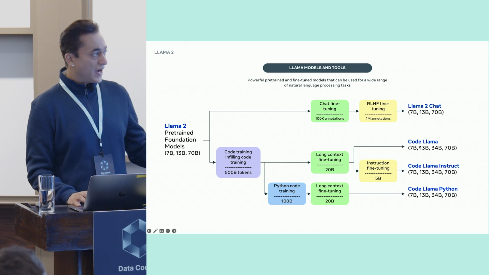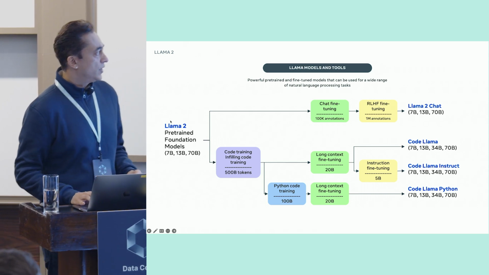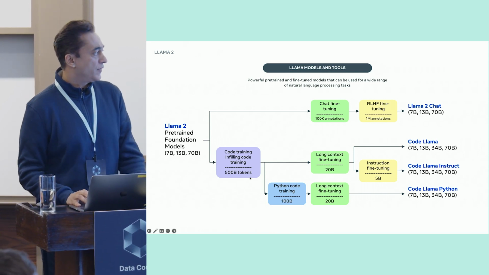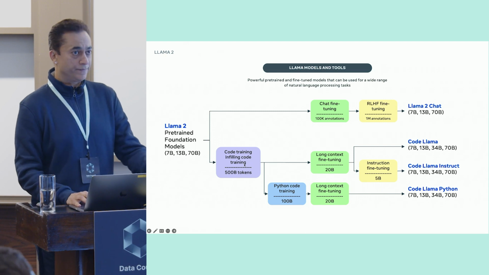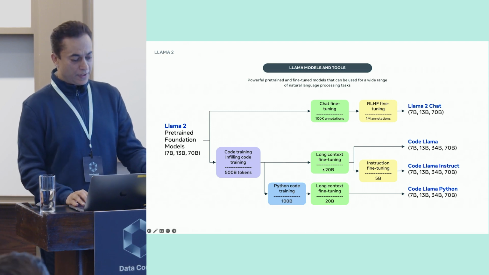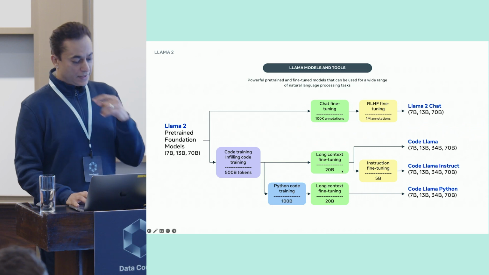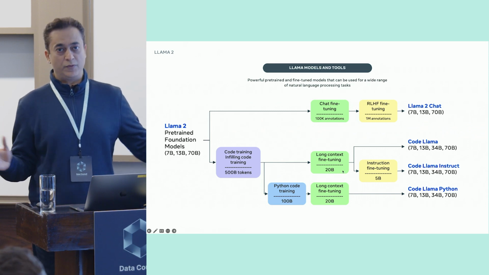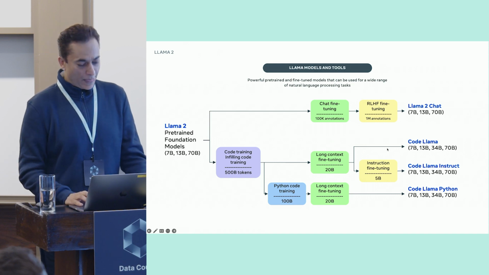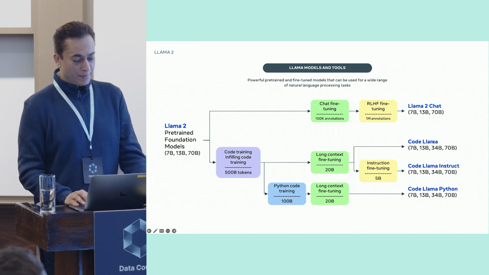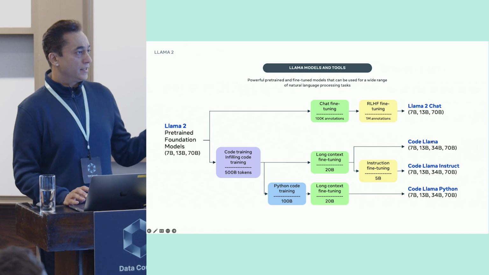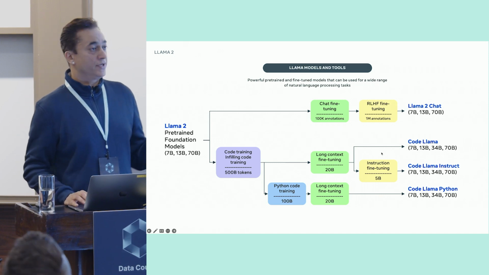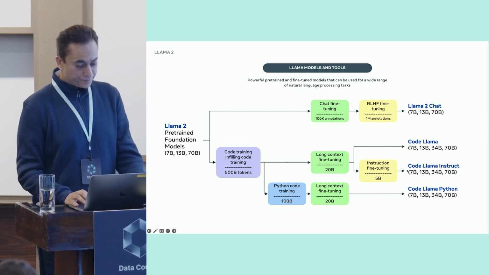These were fine-tuned. So we took the foundational models. We fine-tuned based on 500 billion tokens of code. And then we did long context fine-tuning. This means we basically increase the context length, the input which you can send to the LLM, and made it Code Llama. And I'll get to why this is important. Super important to increase the context length for Code Llama.